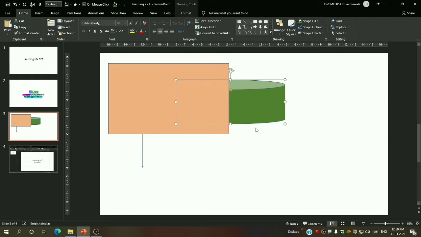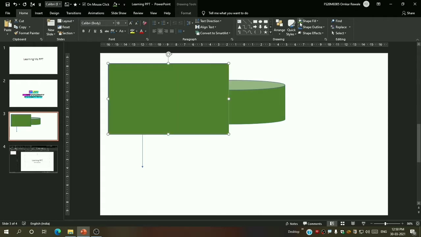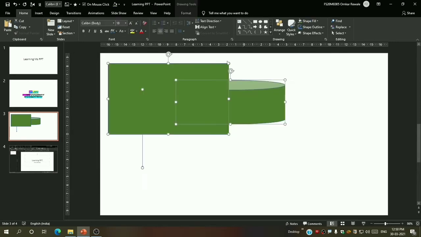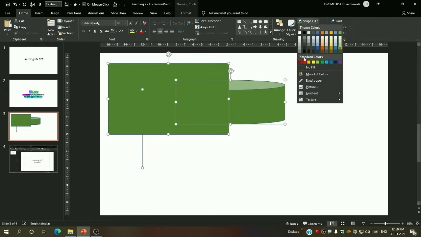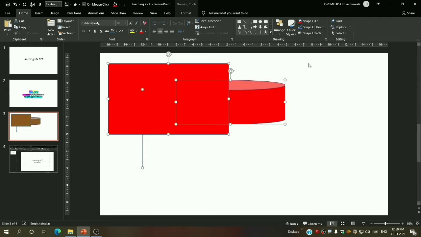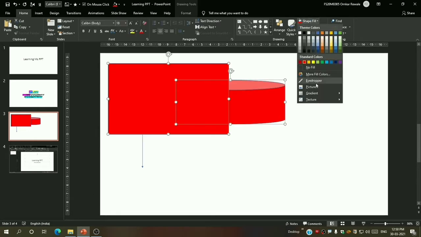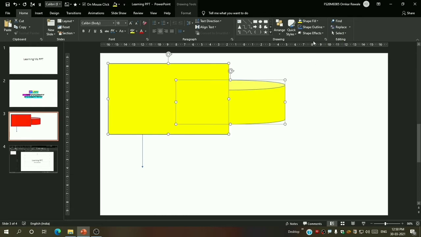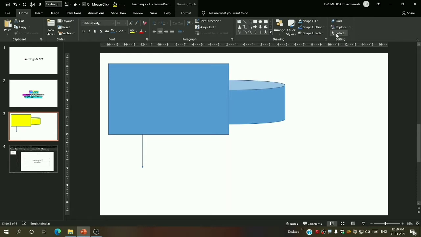Now for example, I have to apply one color only to multiple shapes, and I will just click over here. For example, I have to give this boat shape some red color, then I will just select this first and give red color. So the previously used color will be shown on this icon. You can see red color. For example, if I use yellow color, see it has become yellow. Let me change this again to blue.